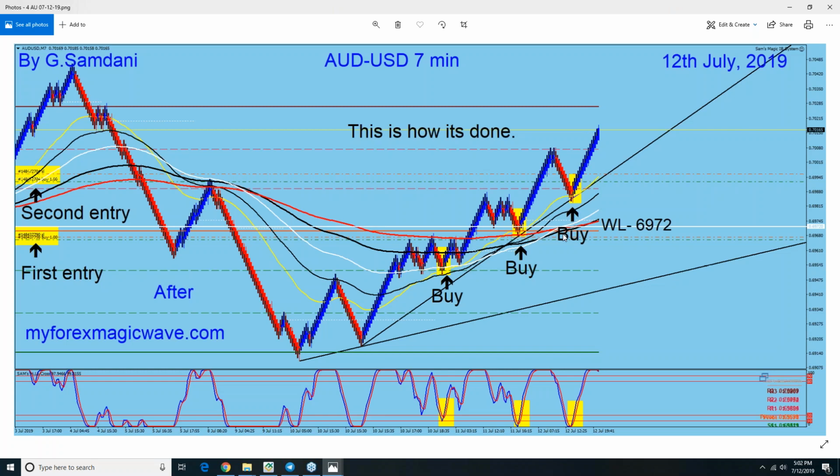But if you have an SL like a lot of people I see, 100 pip, 150 pip, that's total nonsense to me. But everybody has a different style. That's long-term trades. They hold the trades for months and months and for weeks. I don't. Daily, I know the market, how it moves, when it moves, and why it moves, and if you keep an eye on it, you get your 50, 100 pip a day, get out, and rinse, repeat every single day. So this is how it's done. I showed you